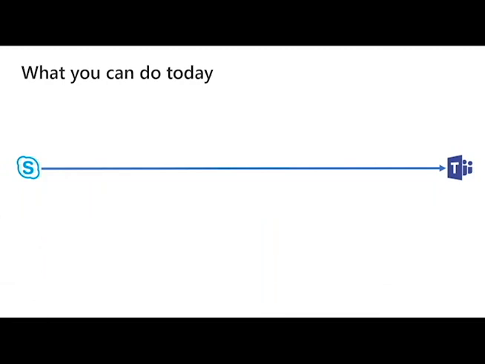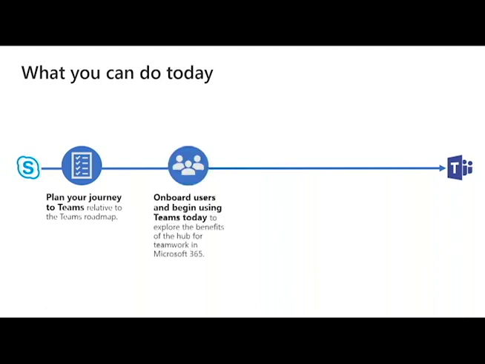So what can you do today? Well, there's a transition methodology that Microsoft has laid out. Obviously you want to plan your journey relative to the Teams roadmap. Teams is now fully available, so a lot of this is already in use.